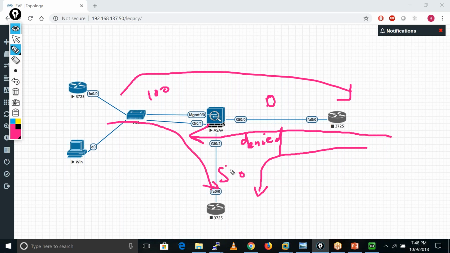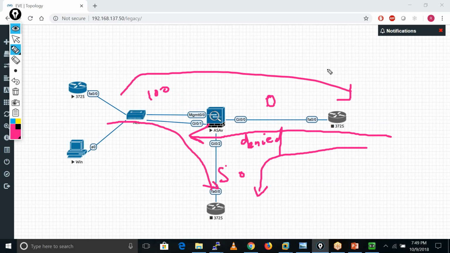because ASA applies a few checks on all the traffic. So if we configure an ACL on this interface and define these are the users and this is my server available in the DMZ zone, and I want to provide access to this server, I'll define these things in my ACL rule. Then we are allowing these users to access my DMZ resources.